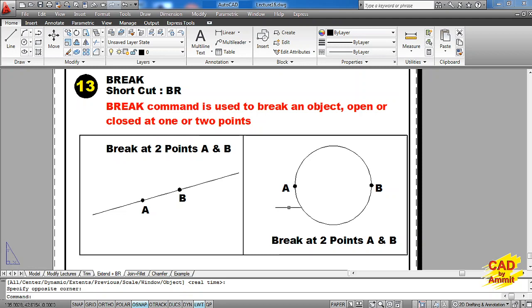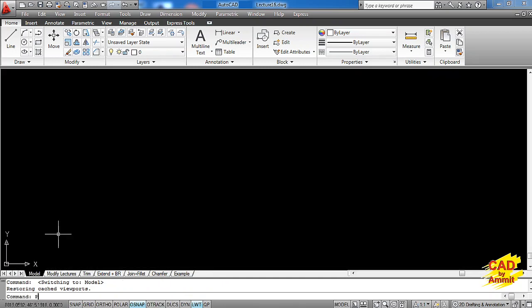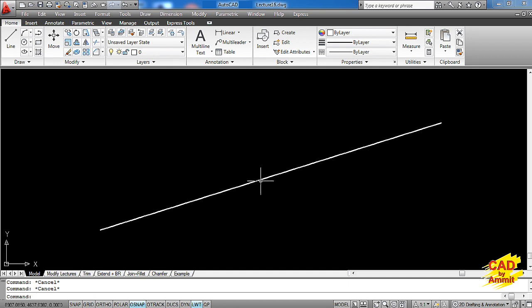In that case, the lower portion of the circle will be removed, because the break command will always consider the points in the anti-clockwise direction. So let's go through these examples of this particular command in the model space. Now we have drawn one line here, and I go for a break command. This time I just type BR, which is a shortcut for the break command, and I click on the line